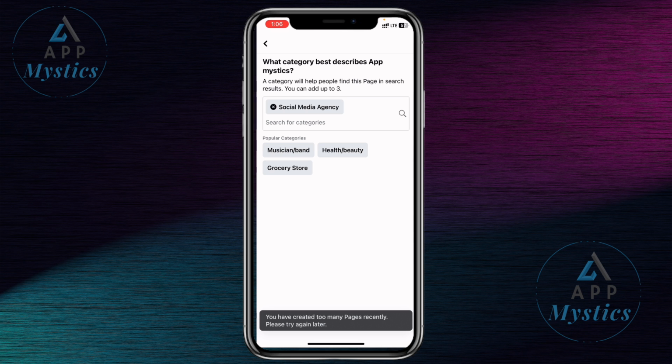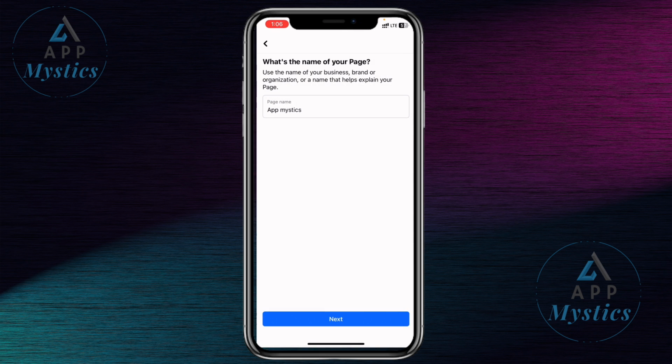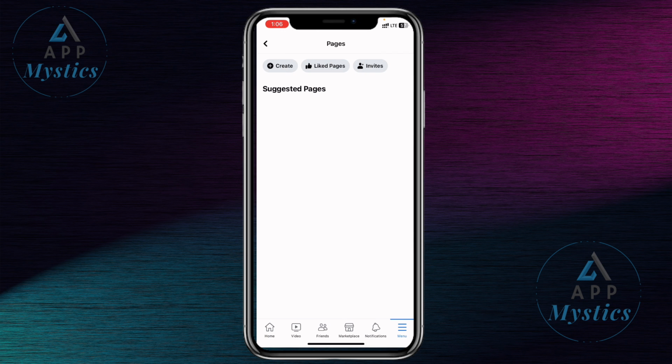I have created so many pages and I can't create any now. So that's how you can create a page. That's it, guys. This is how you can create a page on Facebook. As you can see, on my account, I've created too many pages that I can't create any now. But you can go ahead and follow this. If you follow this same process I'll just show you guys, you're going to be able to create a page